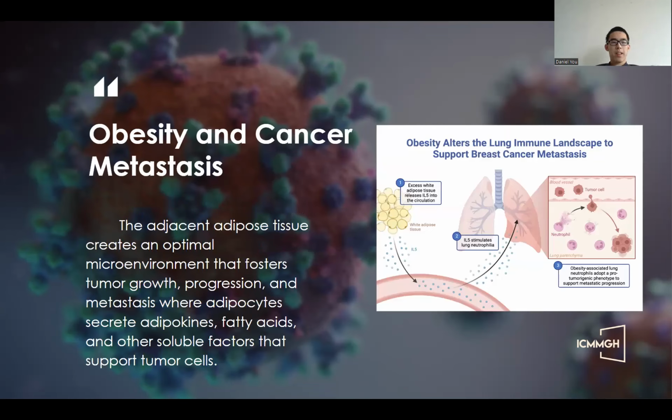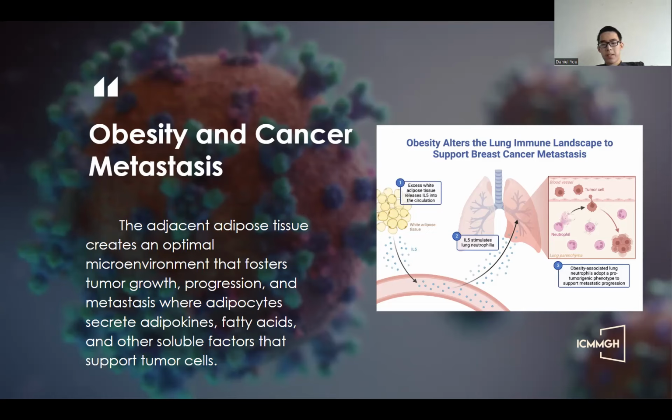So, cancer metastasis and obesity. The adjacent adipose tissue creates an optimal microenvironment that fosters tumor growth, progression, and metastasis, where adipose sites secrete adipokines, fatty acids, and other soluble factors that support tumor cells. Proximity to fat tissues, as seen in prostate, pancreatic, breast cancer, and esophageal